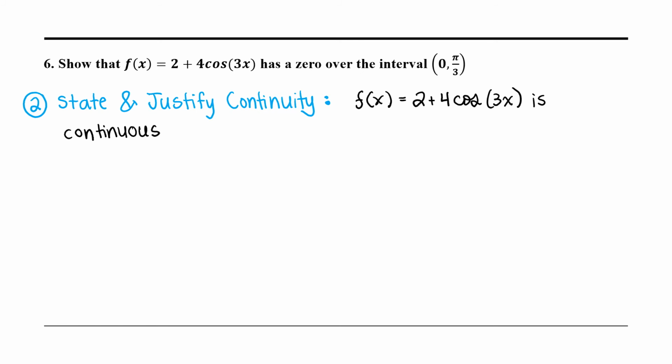And sometimes we have to be a little more general about the interval. Sometimes it's over its domain, but because this problem has a specific interval we're looking in, that's the one that we'll state. So this is continuous on, and remember this has to be a closed interval, so from 0 to pi over 3,